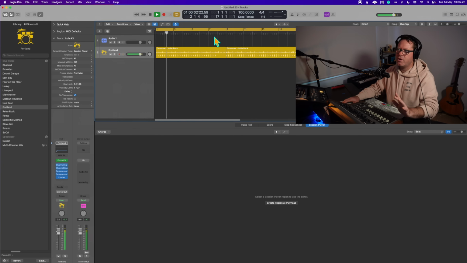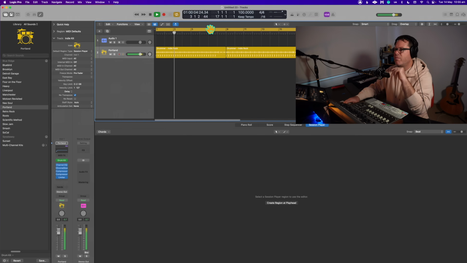Okay, so something for a verse. So it looks like we've got a bit more functionality in terms of just what we can do with it. So we can manipulate that kick and snare a little bit more about where we want it to go. We don't have full control over the whole kit until